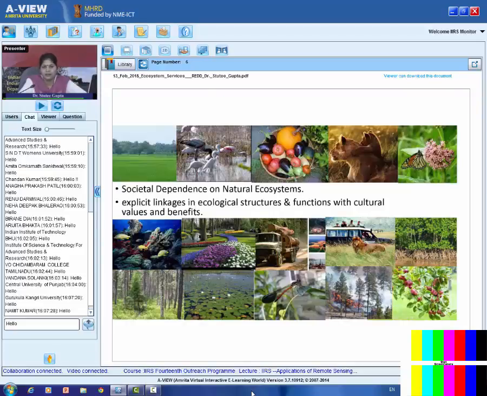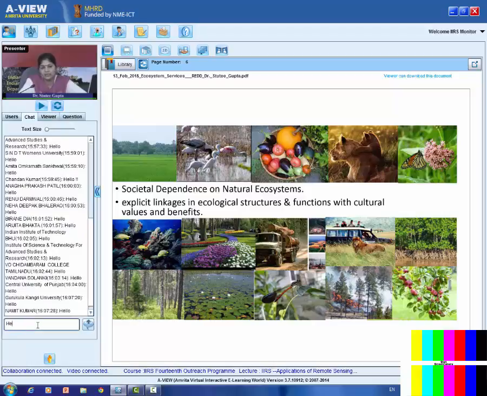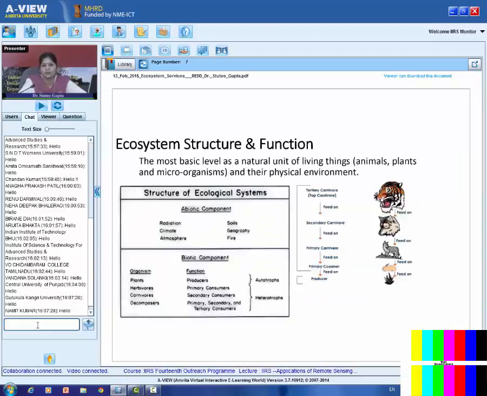What happened is that these two international efforts made people all over the world realize that there is a societal dependence on the natural ecosystem and that there are explicit linkages in ecological structure and function with cultural values and benefits. These were the two major outcomes which made people and various nations come together and realize the importance of ecosystems. With a brief history and introduction on the importance of ecosystems, and how the concept of services came into being,